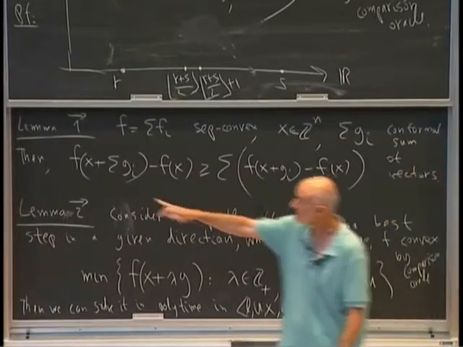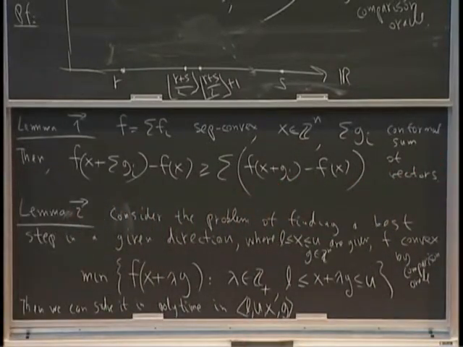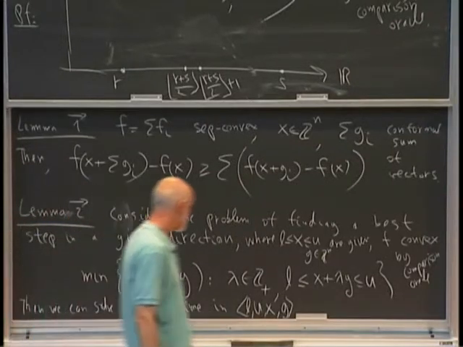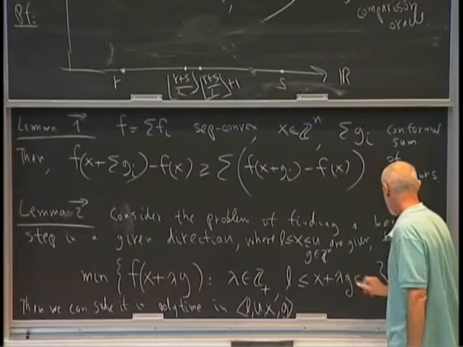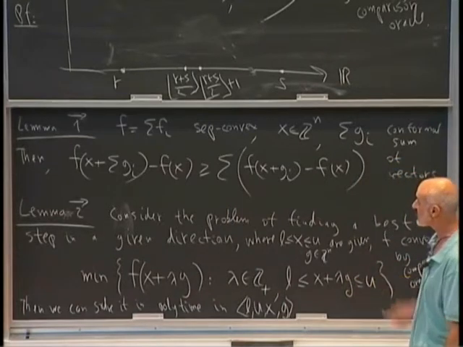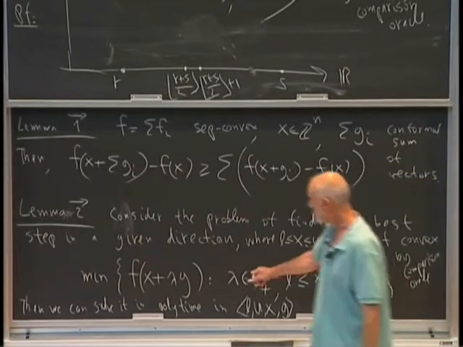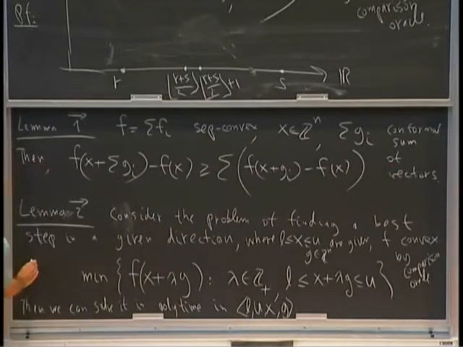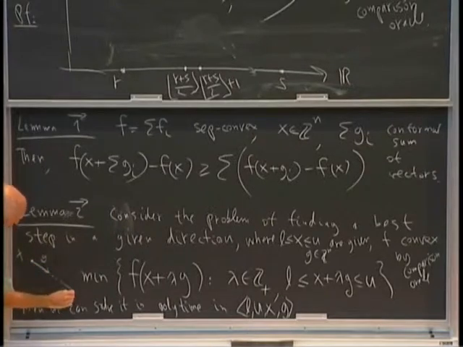Now, if I compare it to the real problem here, we have a system of equations, but at this point it doesn't come up. And we have a direction where we want to actually improve the function, and we are looking for the best step size. So here's our point x, and we're given some direction g, and we want to know how far we can go